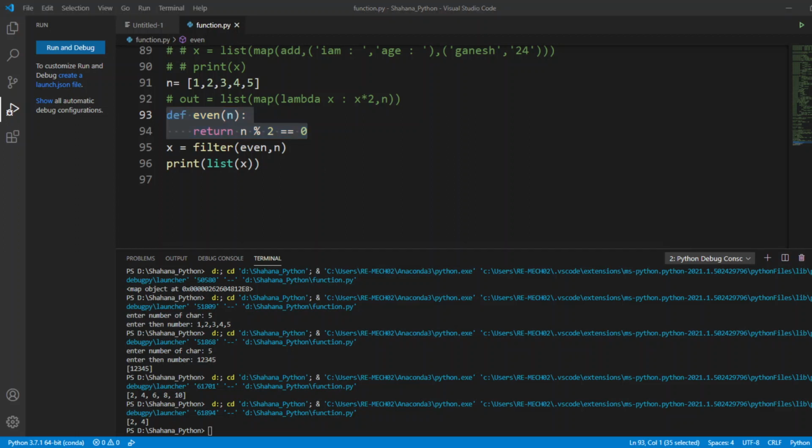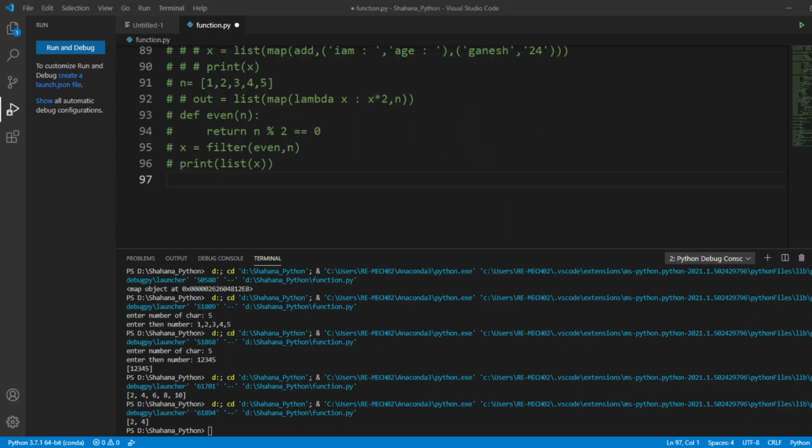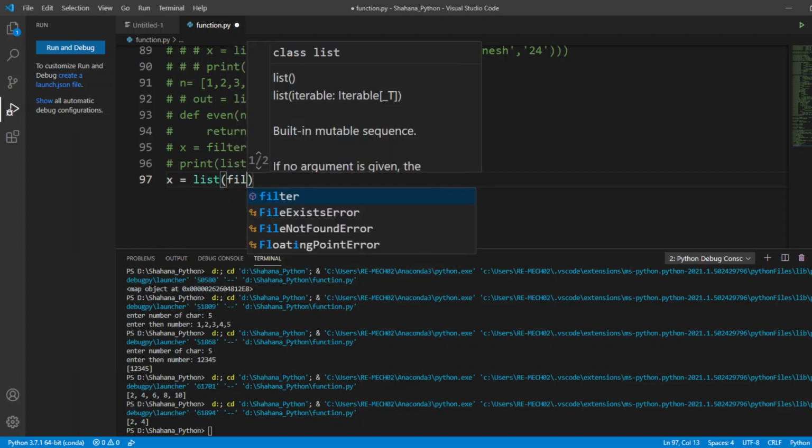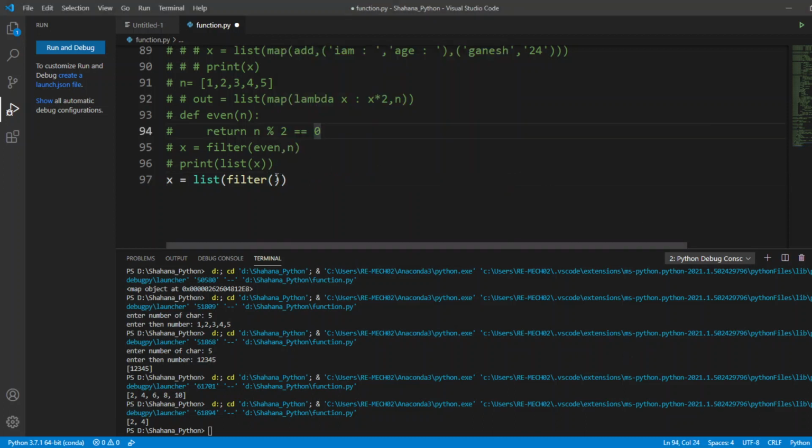Our next problem is going to be using my filter function with my lambda. For that, I'm going to define my variable x, and I'm going to call filter, and inside this filter function, I'm going to pass my lambda.